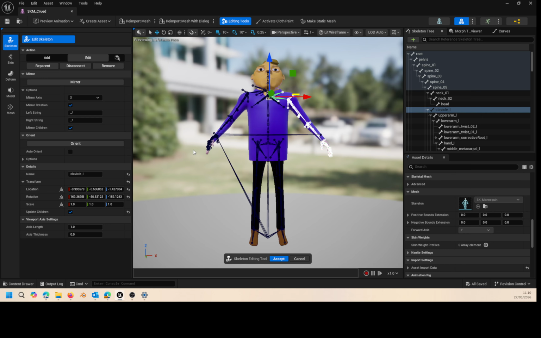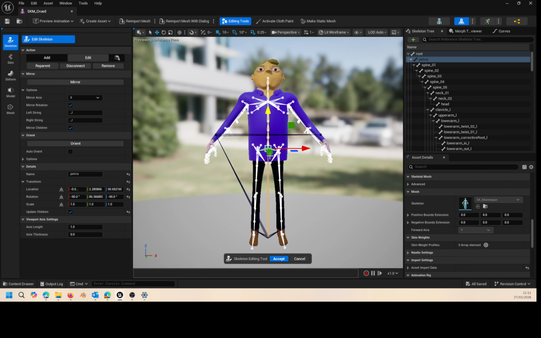Now the legs is a special case because if you go up to the pelvis, you can see that the pelvis has this branch out at a particular angle, and so if I move the pelvis with update children on, the following happens, which is suboptimal. We've just spent some time doing the shoulders, so I guess you could start with the pelvis and then work everything back from there, but it's generally easier, in this case anyway, to put the shoulders in first. So I'll put the shoulders in first, and so instead of going from pelvis, what we'll do is move the legs down and then put the